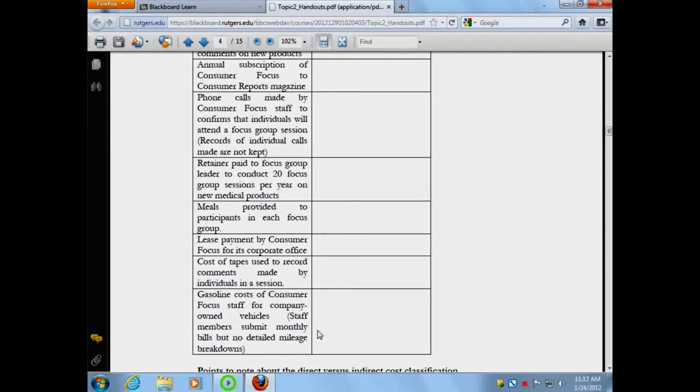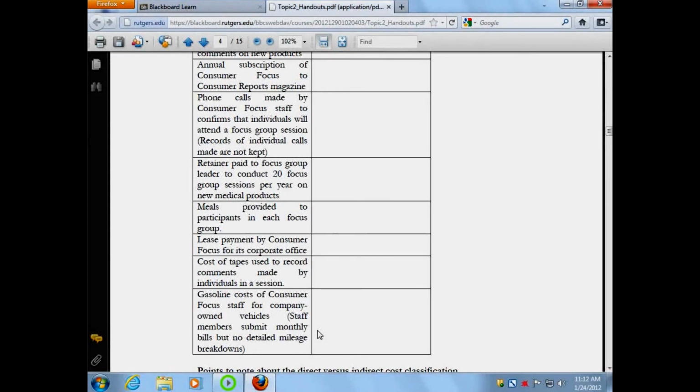Another example is electricity. We didn't put that on here, but we should have. The electricity bill that the restaurant pays at the end of the month would be an indirect cost of the cost object that we looked at, because our electricity bill is a facility-level cost. It's paid for the entire facility as a whole. But suppose we really wanted to break that down and make it a direct cost. We could. How could we do that? You run a separate line. Yeah, you basically run a separate meter for every single power outlet.